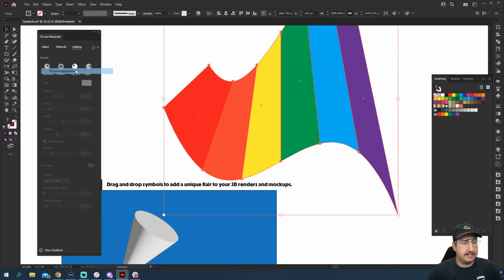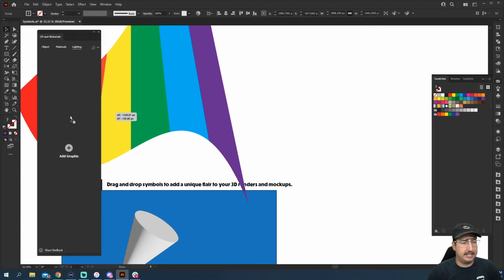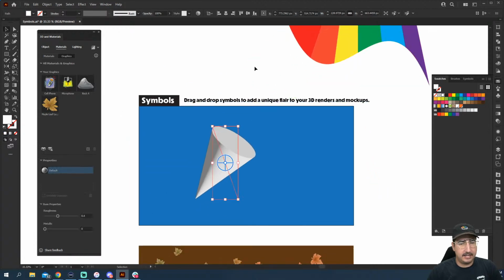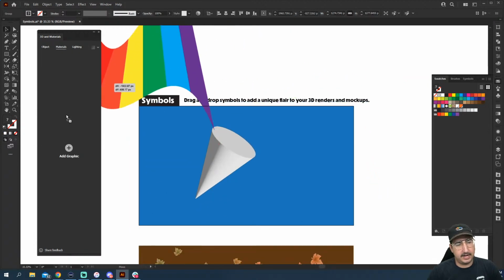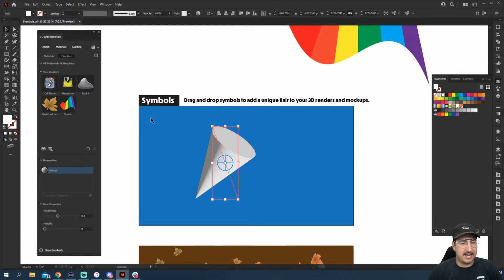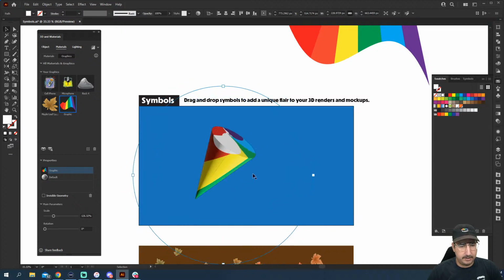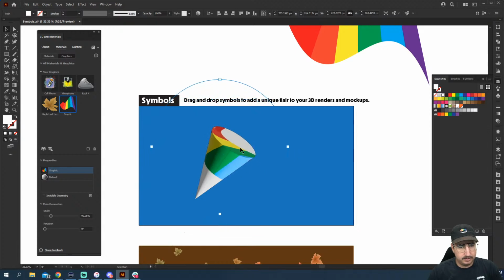I'm going to expand this, Object, Expand, and then drag it into our 3D panel. There we go. From here, I can grab my shape and I can click on the graphic right there. This is going to look a little bit crazy, but I'm going to drag it around a little bit and see if we can get maybe just on the outside, or maybe we get it kind of wrapped into